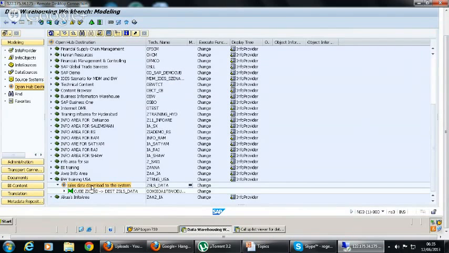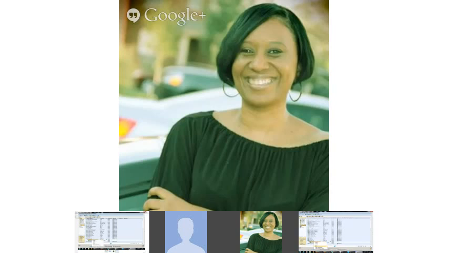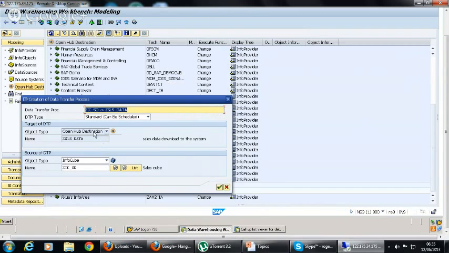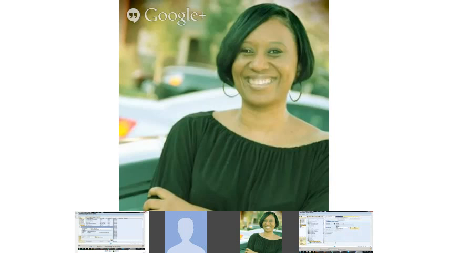Now we have to create the DTP from InfoCube to OHD. So continue that. When you activate it,